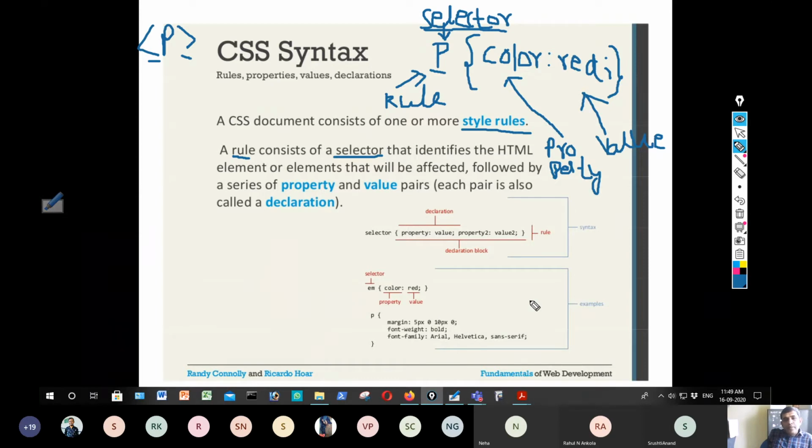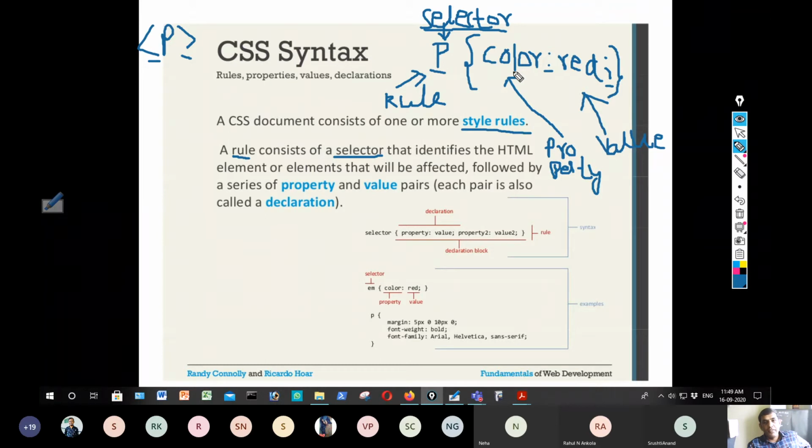So note the point: a CSS rule will have a selector followed by property value pairs enclosed in braces, where the property and value are separated by a colon and each pair ends with a semicolon. Should I have only one property value? No. You can have any number of property value pairs.